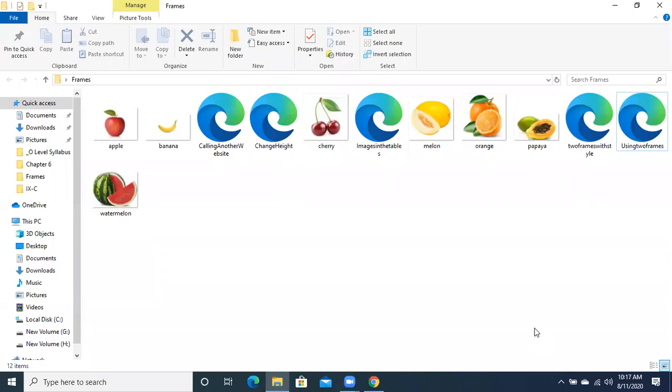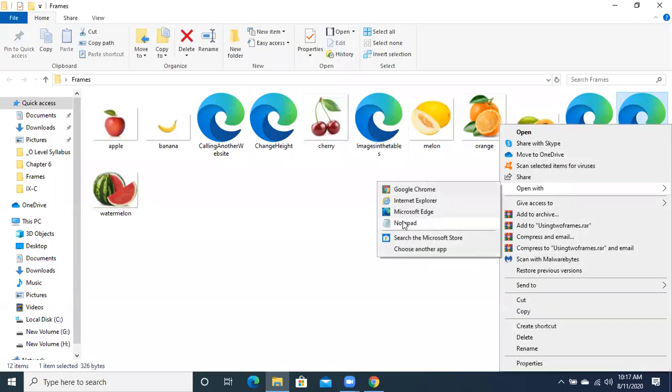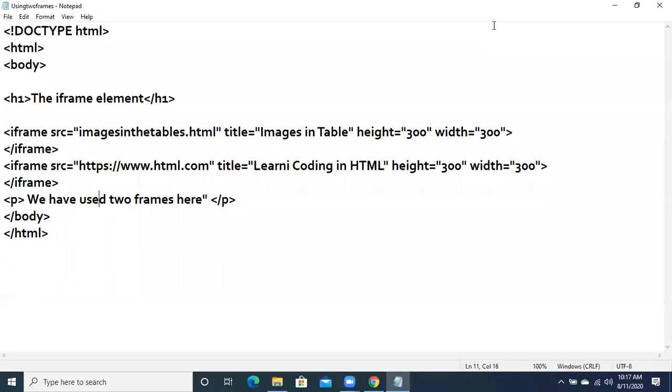So in order to make it one after another, we will open the file in the notepad. We will set one property. The property is seamless equals seamless.